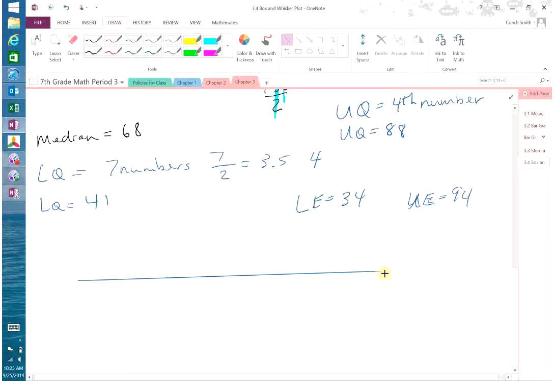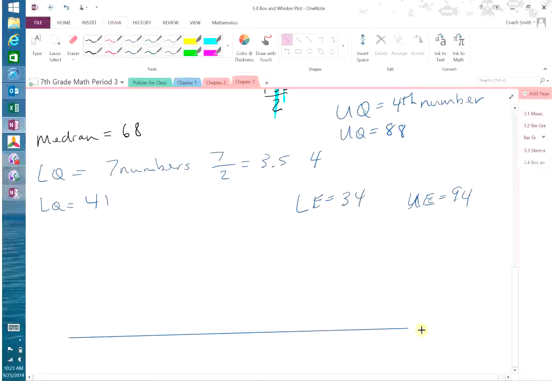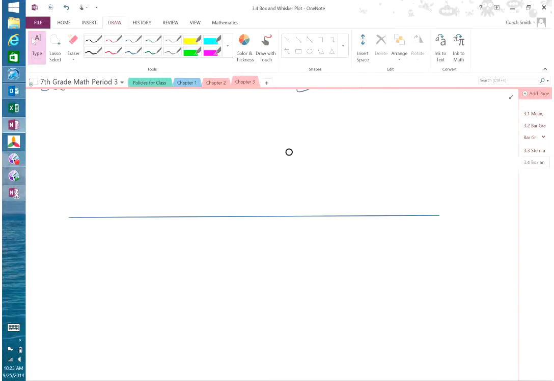That's not going to work, too close to the other numbers. All right, now, on my number line, I'm just going to put, my smallest number was what? 34, right? So I'm going to do 32,